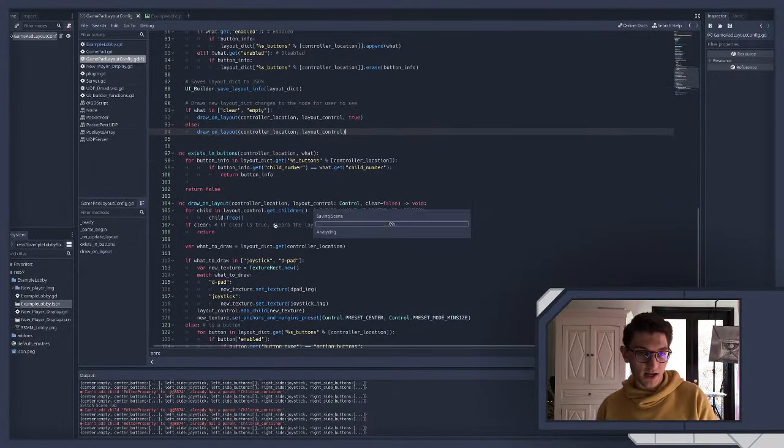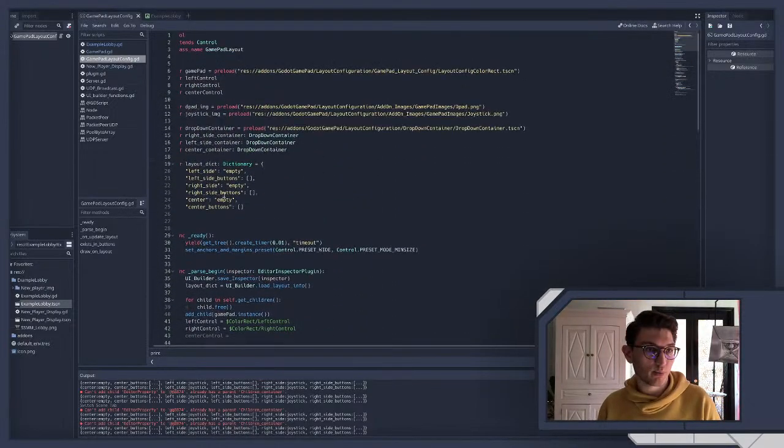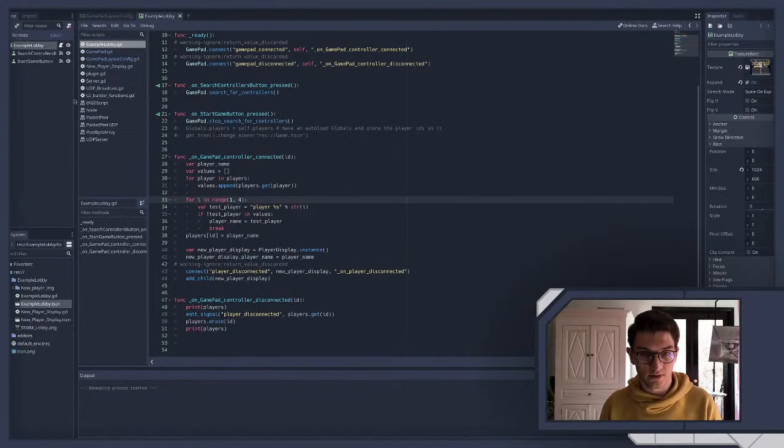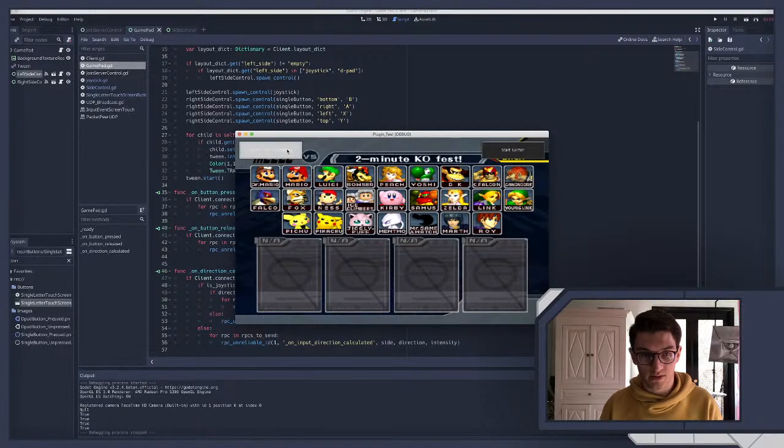And then you've just got a local multiplayer game. You know what I mean? You could play a Smash Bros type thing, which is why I made this little lobby here. So if we do this one, we could search for controllers, and then